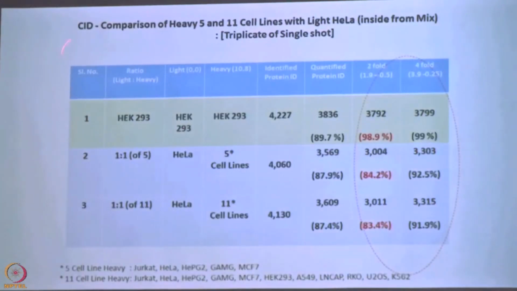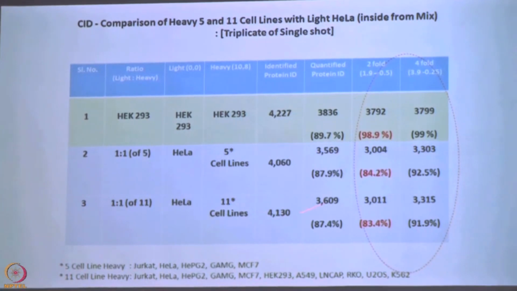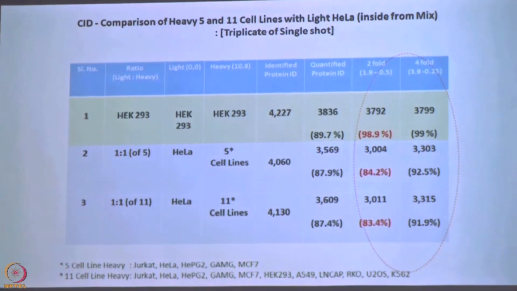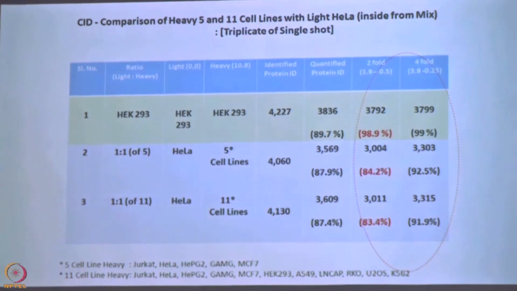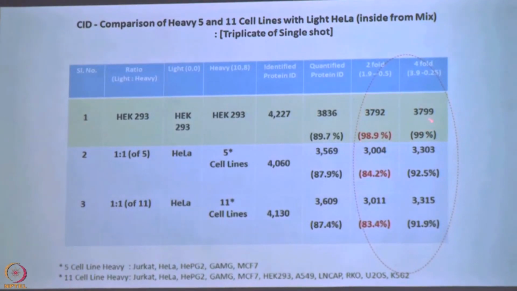Now, see, this is the same CID, here we compare HEK 293 versus HEK 293. So theoretically there is no difference, okay. When there is no difference, what happened? Anyhow, in quantitation we do not take less than 2-fold, okay. See, the majority of things is falling in this less than 2-fold, and whatever is showing 1% is almost